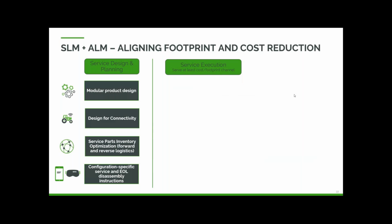And with modular design, an important consideration is, yes, you can offer more variation to your customers, but the problem is that can create a lot of complexity for your frontline workers, whether it's in the factory or service, since pretty much every configurable product that comes down the assembly line or inspection bay or in a service event looks slightly different than the one that the frontline worker saw previously. So using the configuration management intelligence to filter instructions and parts lists to be configuration specific becomes important for delivering